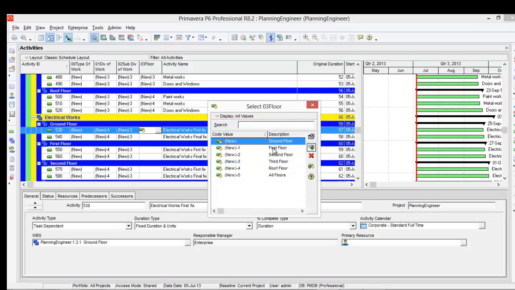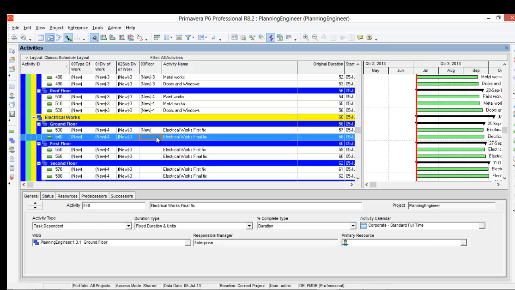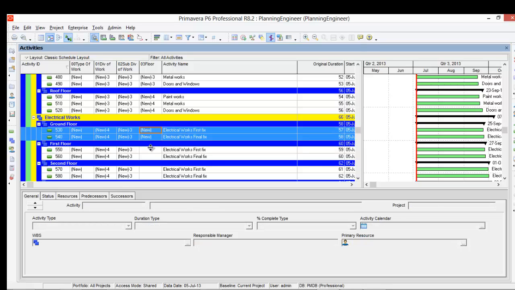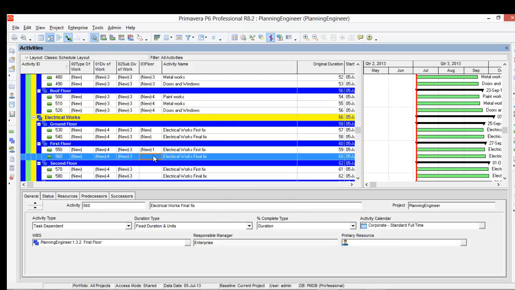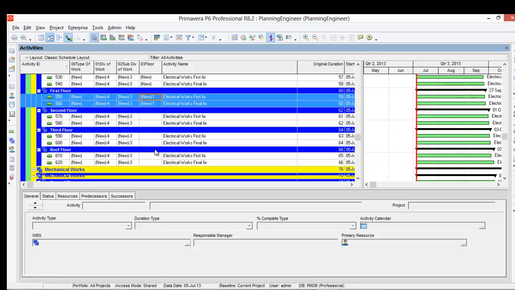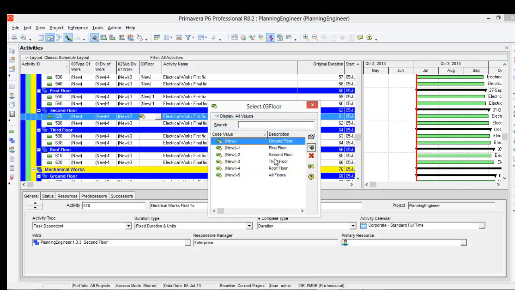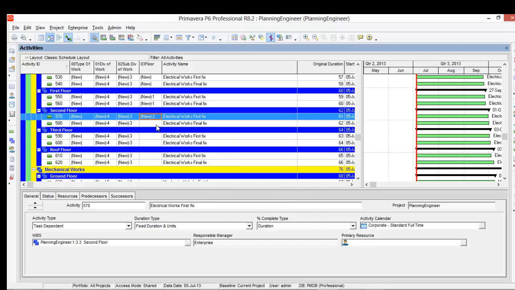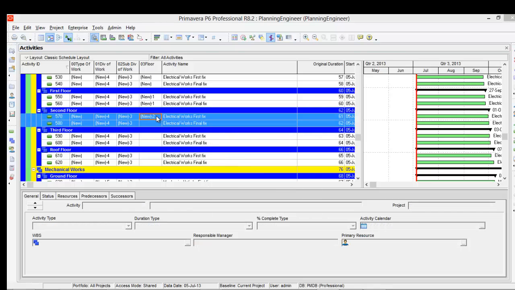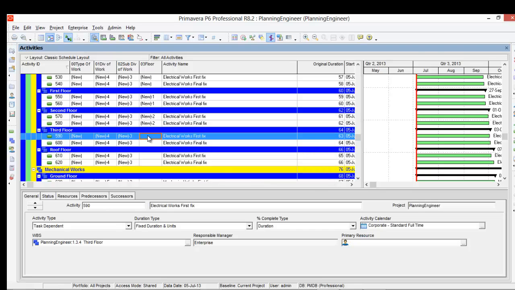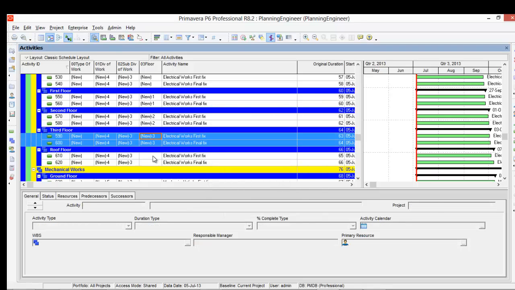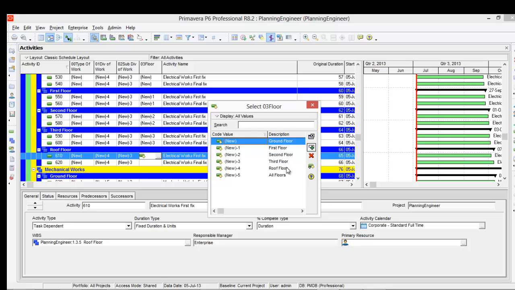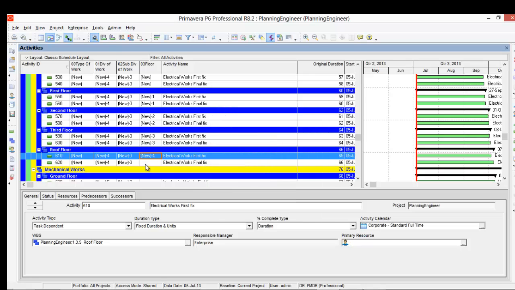Again we'll repeat it for the electrical works. Ground, first, second, third, and roof.